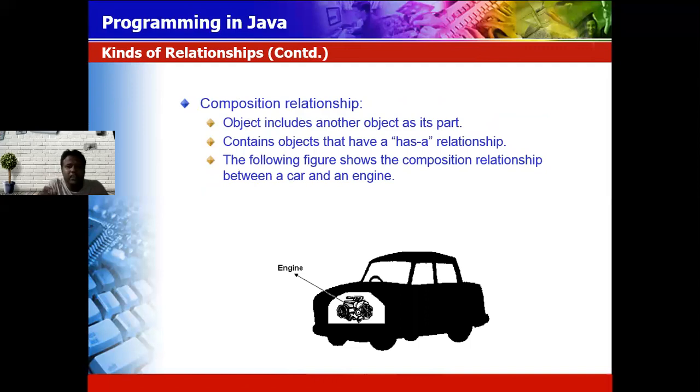Object includes another object as its part. It is called a has-a relationship. So you are making soft drinks, lemon soda or any squash that you are preparing. So we add sugar, we add some kind of juice over there, lemon juice or any kind of pineapple juice. Sugar is a component. It is added in your juice. It is added to prepare the tea.